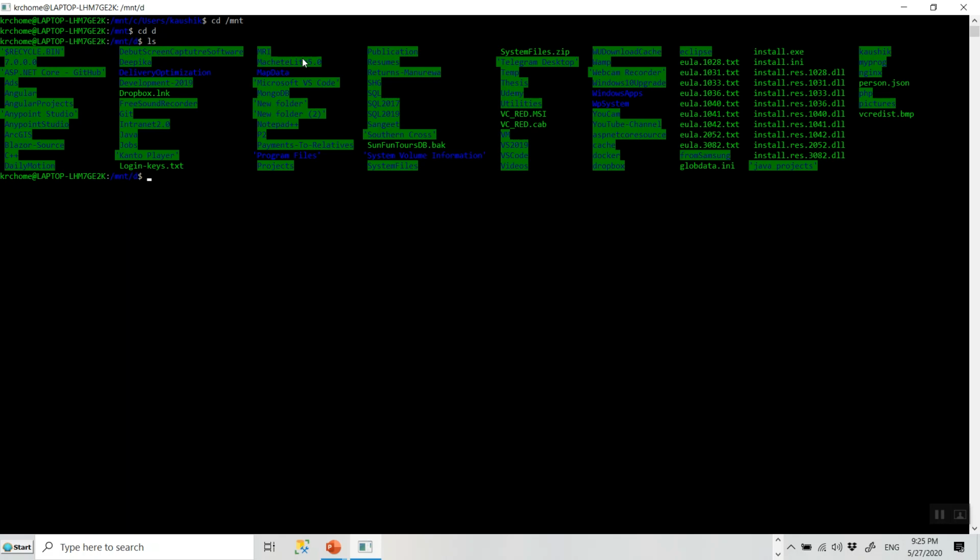Okay, now I can use any existing folder, but I am going to create a new folder. So I will use mkdir, the make directory command, which is also the Windows command for making a directory, but is also valid for Linux.